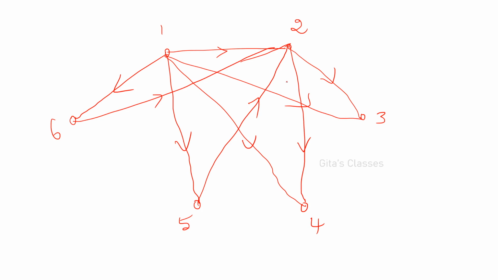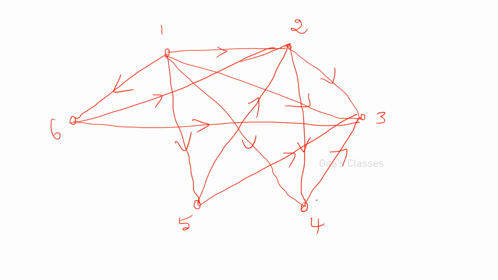Now, what about 3? 3 has played with 2 and 1 over. 3 has to play with 4. And 4 has 1, and with 5 also 5 has 1, and team 3 with 6 has 1. Okay, similarly now with 4, 3 with all the others over, right? 3 1, 3 2, 3 4, 3 5, 3 6 over.